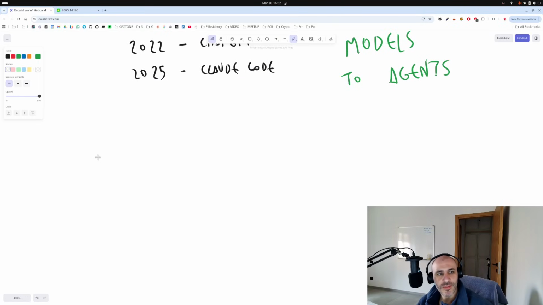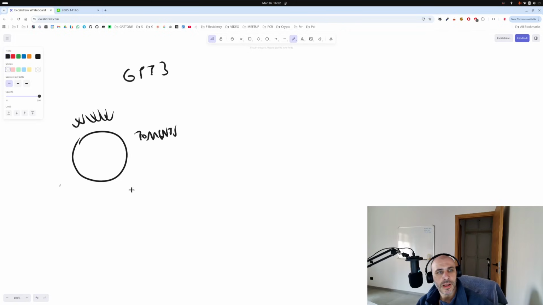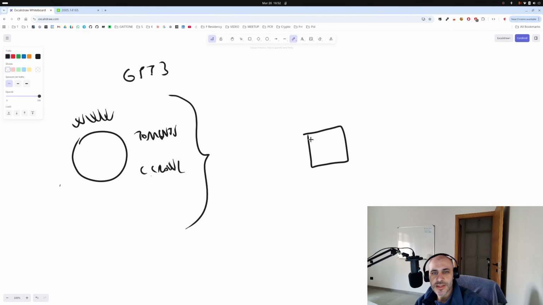So now let's say you have a lot of text on the internet. Let's draw all the text you can find on the internet. This is GPT-3. Let's say you go on the web, on torrents, the Common Crawl. You take all of this text and you train a neural network, a model. Let's draw it as a box. This is the large language model, which is now becoming large with GPT-3.